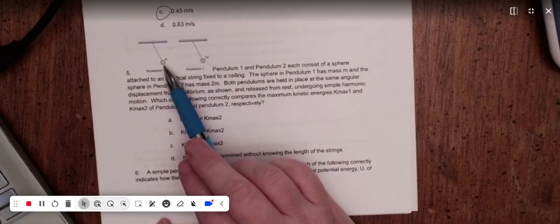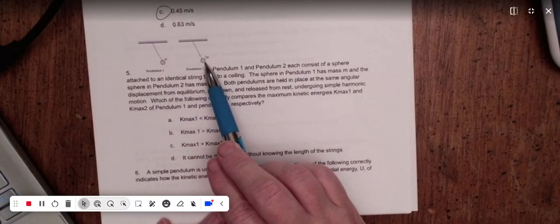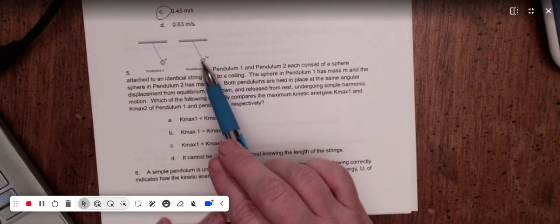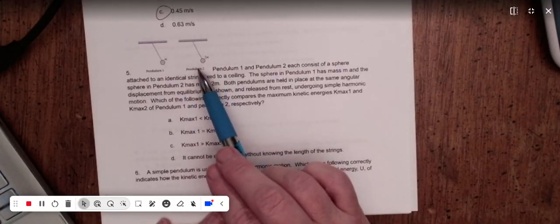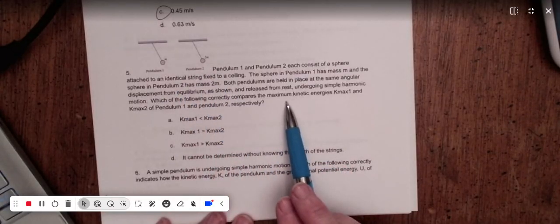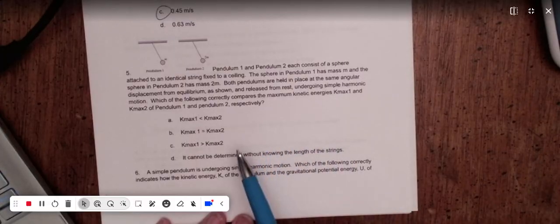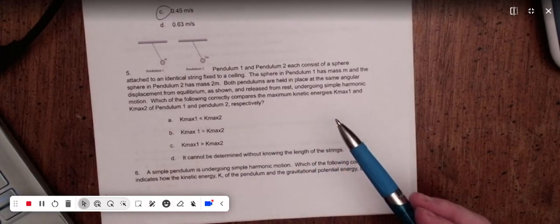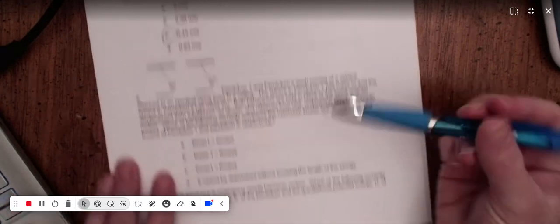This one has a mass m, this one has a mass 2m, and they're both held in place and released from rest. And so we want to compare their maximum kinetic energies. Okay. Well, we know that at the beginning, the starting point,